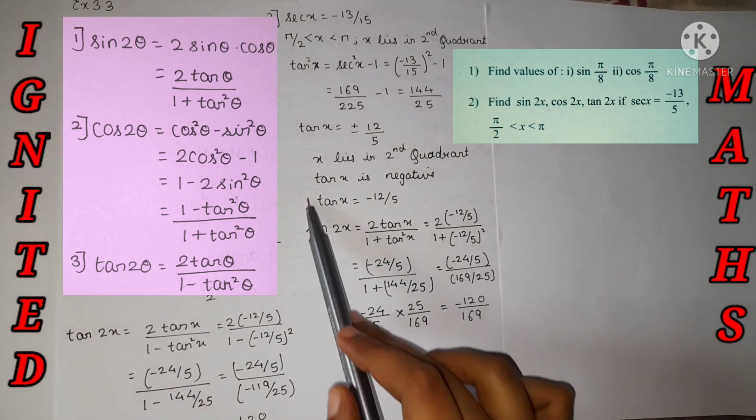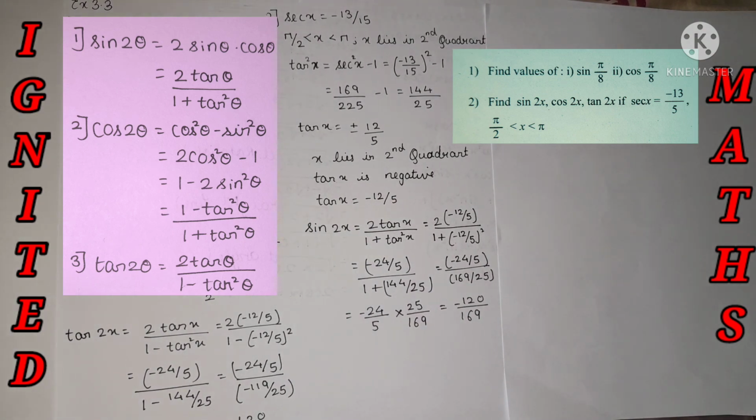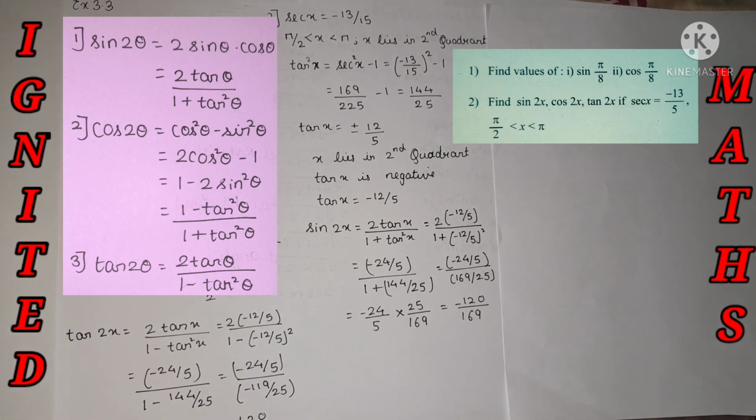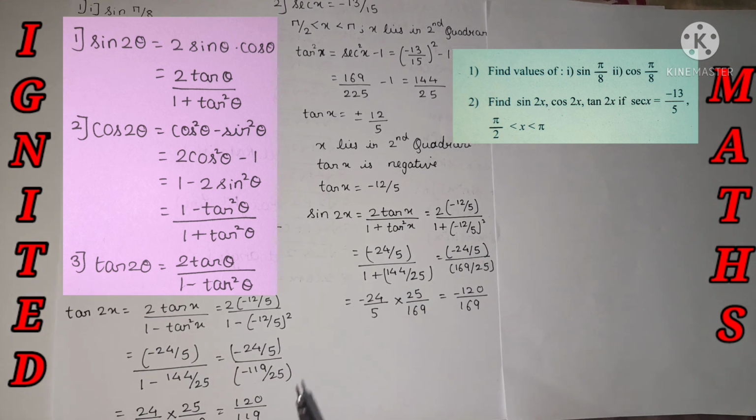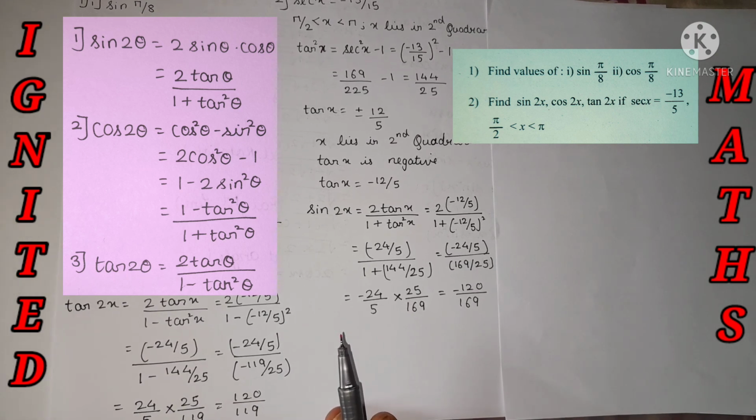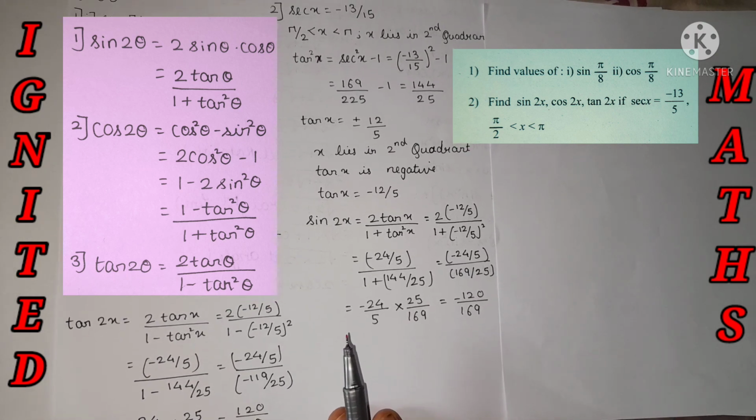Okay, we know the tan value, just put the value according to the formula given. Tan 2x, the formula is 2 tan x divided by 1 minus tan square x. Don't be confused with theta and x. Over here x is an angle, in the formula theta is an angle. It's absolutely the same, according to the given question we need to change it. Now the formula is given, we know the value of tan x, just put the value and we will be getting the answer as 120 divided by 119. This is how we need to do it.